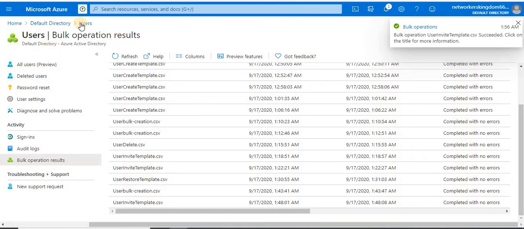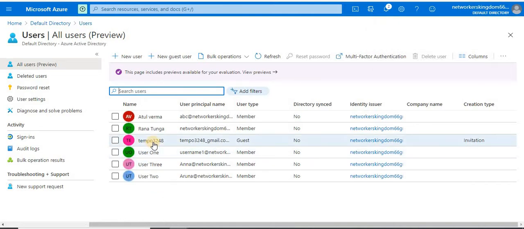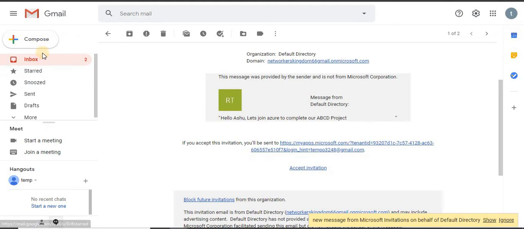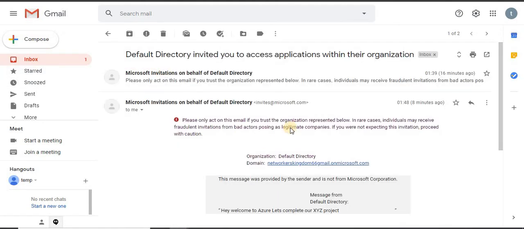Let's move to users and see. The invitation has been sent. Now let's move to my mailbox to verify if I have received the invitation or not, and you can see the second invitation I have received.